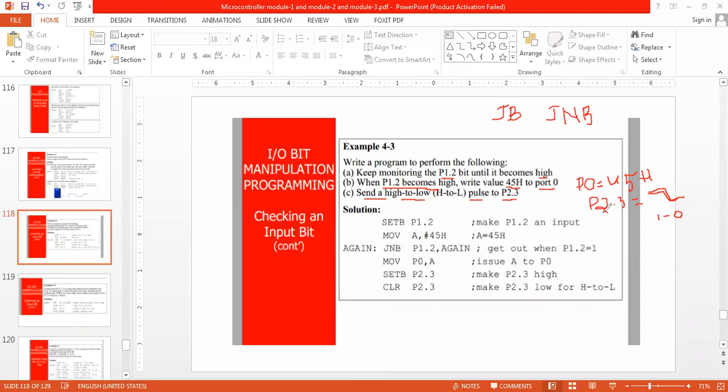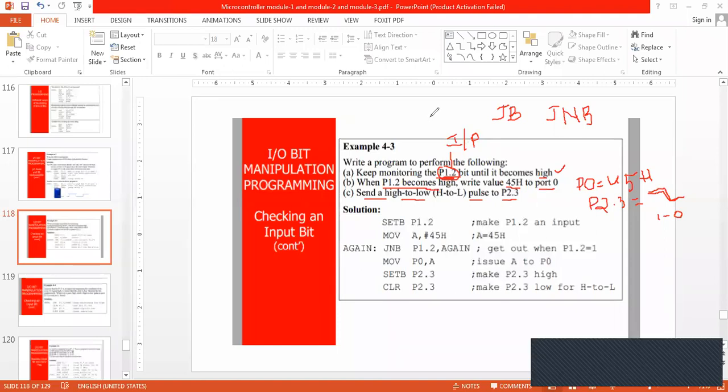Okay, so two things should happen when this P1.2 becomes 1. First, we are monitoring it, which means we are getting a signal upon this bit. So we have to make it an input. To make it an input, we have to write a signal 1 upon it.